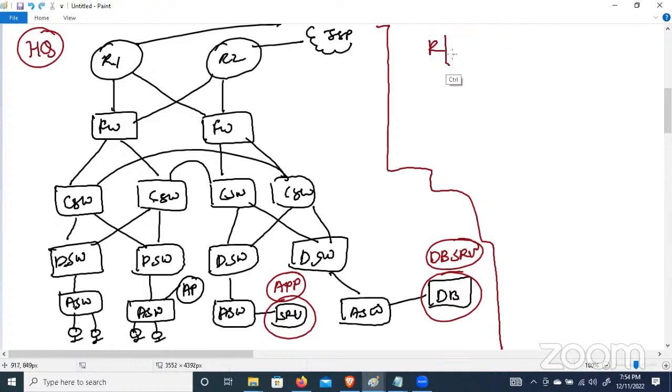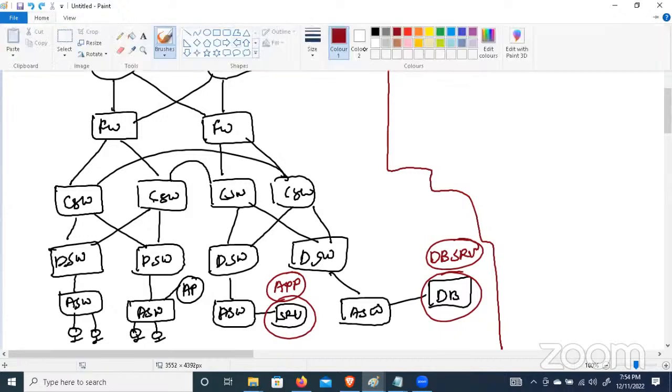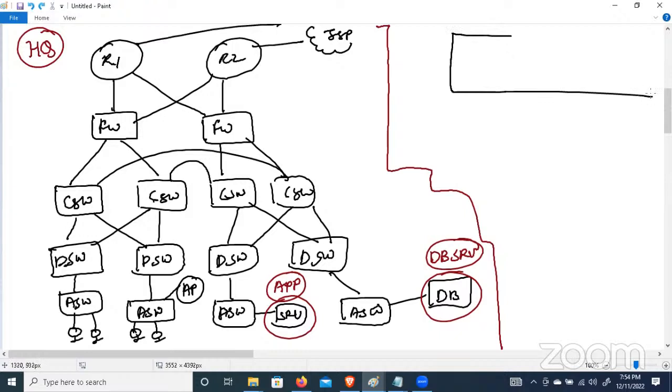For example, if I want to connect with this HQ, some branches. So basically, this one is my branch. This one is branch number 1, and this branch is available in Delhi location. And this one is a router, and this branch is connected with some ISP. Clear? So whenever this branch is connected with an ISP, and the ISP will provide internet service, and this branch wants to access